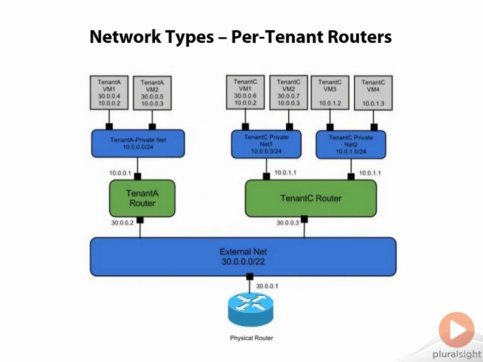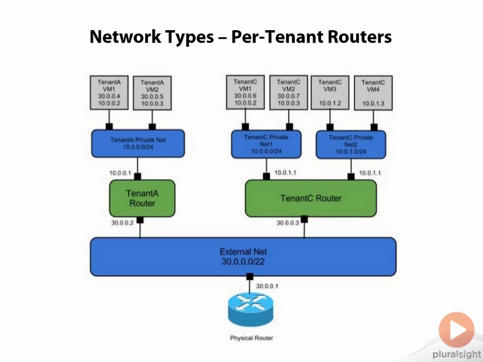And now we're getting into even more granular control. This, again, is becoming the sort of typical setup you'll see in an IaaS provider. You would see the private network only, and each tenant is given its own specific nested router. This is for more granular control and logical separation for security reasons and for just general network practices. So tenant A has their own specific router, which has one gateway address into the external network, and that's 30.0.0.2. Tenant C router has